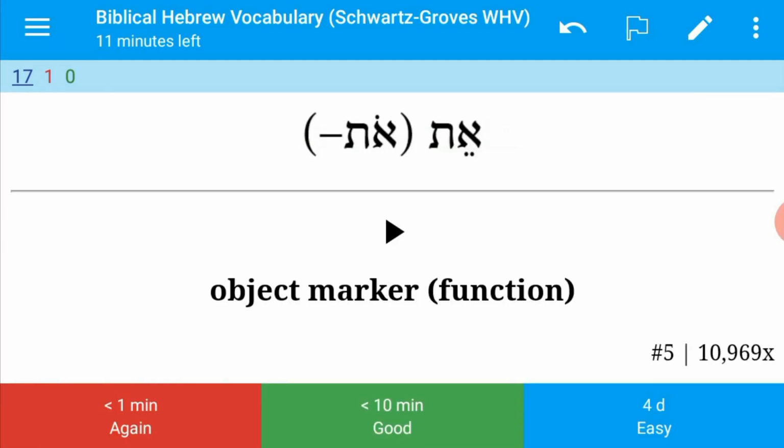Tanakh. Okay, and here we have et, which is the number 5 most frequently appearing word, which actually in this case is an object marker, and it serves as a function. Okay, but there's something very special about that aleph and the tav together. There's so much that we can say about that. That's another video, but you'll notice next to the number 5, you have 10,969 times. That indicates how many times this particular object marker or this word or this function appears in the